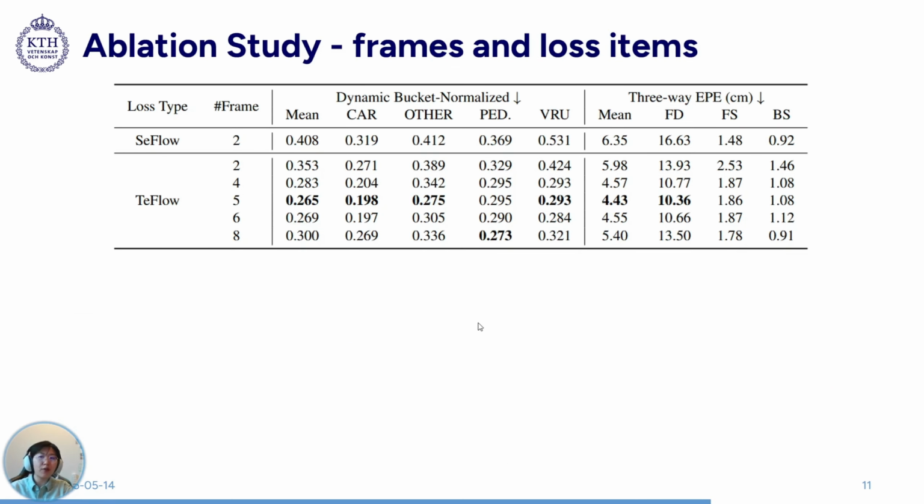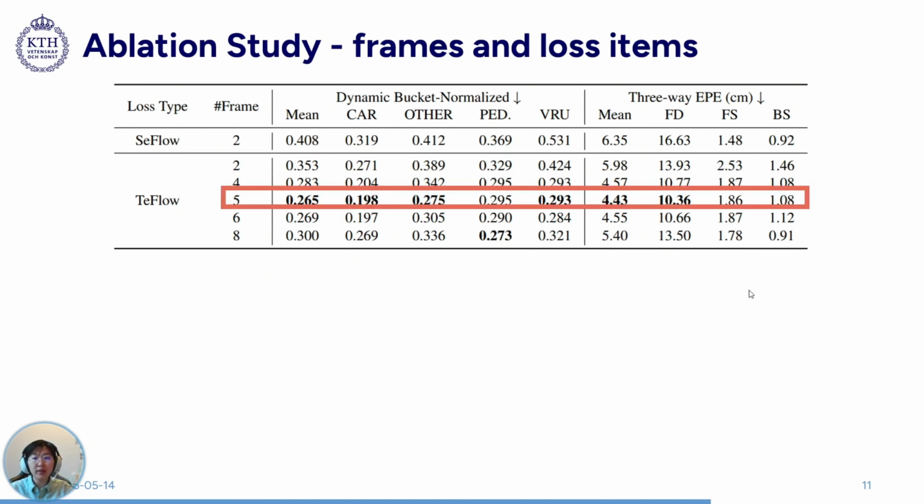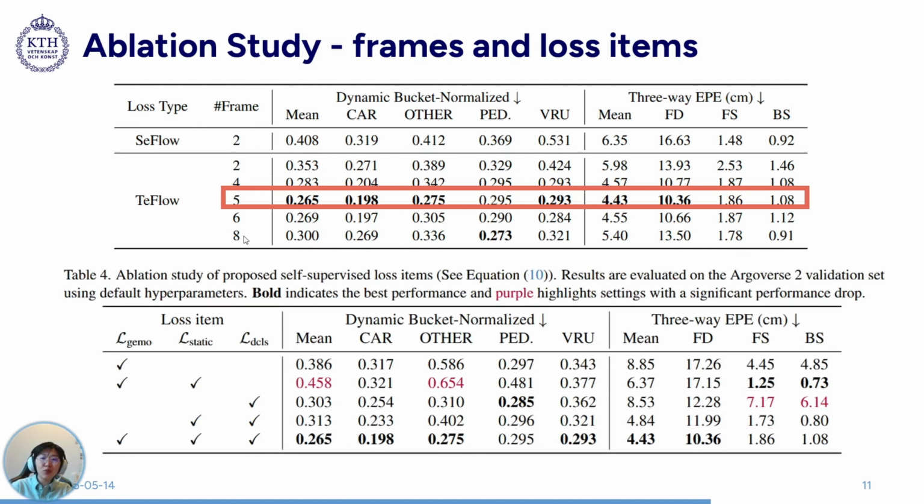And the ablation confirms where the gains come from. First, increasing the temporal window clearly improves the performance, and 5 frames give the best result. This supports our motivation that multi-frame information can provide more stable supervision. Note we use this same 5-frame setting as the default across all datasets, without dataset-specific tuning, so you might find better results by tuning it. And second, the full objective performs best. The dynamic cluster loss provides reliable motion supervision, the static loss prevents false residual motion on background points, and the geometry loss aligns the warped point cloud